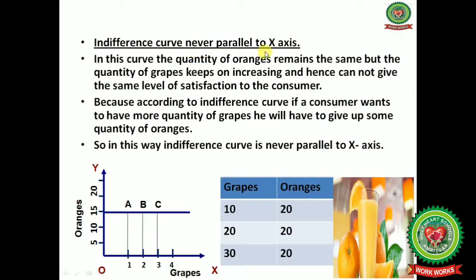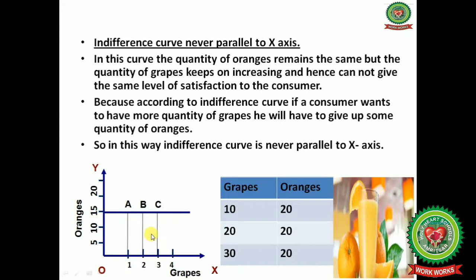Indifference curve is never parallel to X-axis. This is our second property. In this curve, the quantity of oranges remains the same. As you can see in the diagram, on the y-axis we have measured the quantity of oranges and on the x-axis we have measured the quantity of grapes. On the y-axis, the quantity of oranges remains the same, but the quantity of grapes keeps on increasing